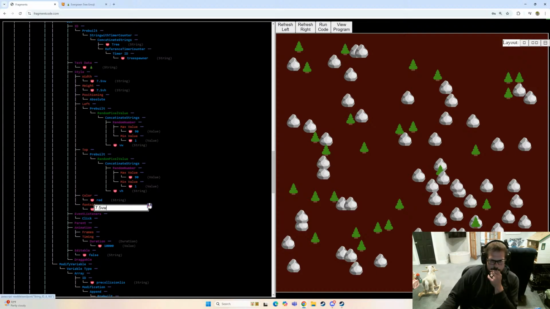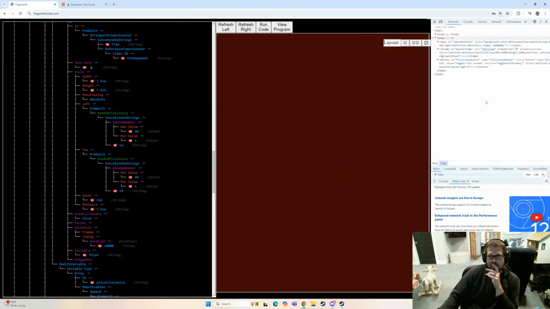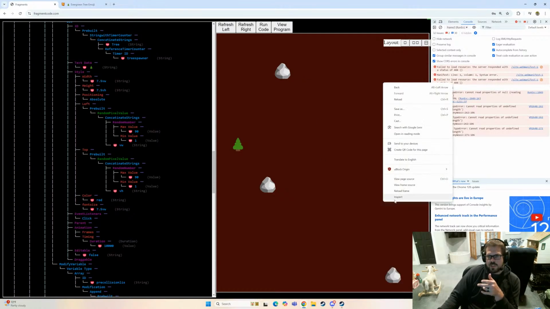All right. So now they're going to be a little bit bigger, spawn a little bit slower. Hopefully that will make the computer not choke so much. Okay, now there's multiple. So we should start seeing